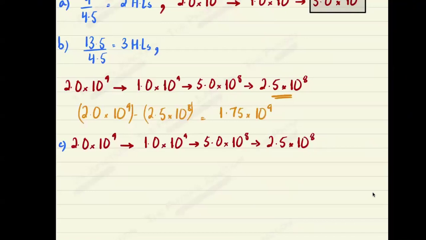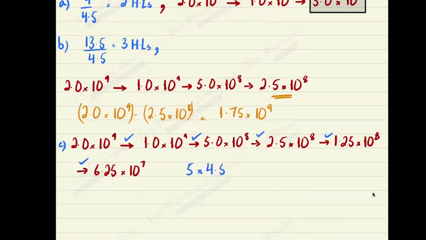So let's go on. 2.5 × 10⁸. Let's halve this. This is going to become 1.25 × 10⁸. Let's halve this again until we hit the number. That's what we'll keep doing. Divided by 2, this does give me 6.25 × 10⁷. Now remember that each arrow shows a half-life. This is 1, 2, 3, 4 and 5 half-lives. 5 half-lives, each of which is 4.5 minutes. If I multiply this out, this is 22.5 minutes